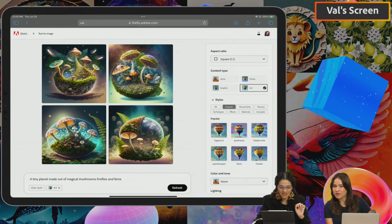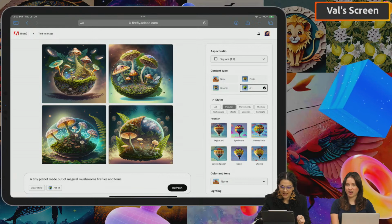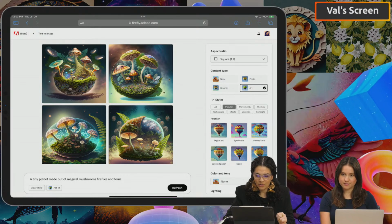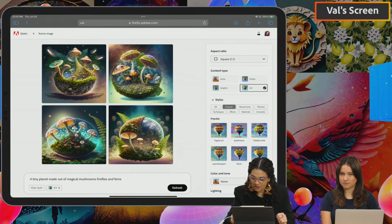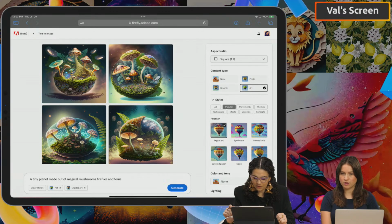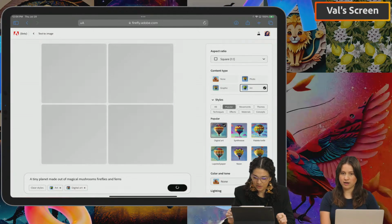I like these because I feel like this is a little more magical. Yeah. This one in the bottom right is pretty cool, but I also like the top right, and I kind of want to see if doing another popular style will change it. Like if I throw digital art on there, what do I get? Something that's a little more...